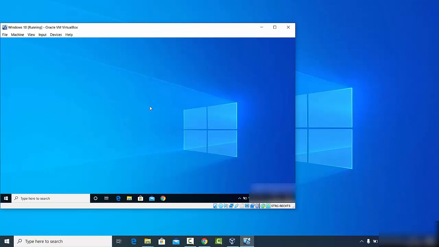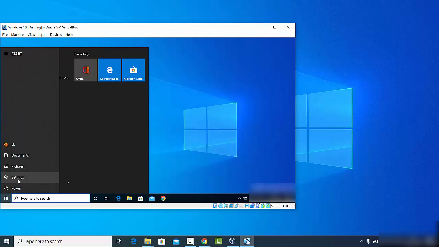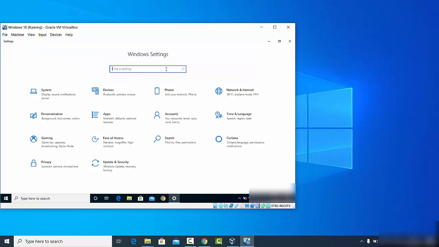Now I'm going to change my firewall settings so that this remote desktop which I want to see remotely has private and public access from other networks. For that I'm going to go to the start button, click on it and go to settings, and once the settings option opens, you just need to search for firewall here. Okay, so just search for firewall. You will also see this option which says allow an app through Windows Firewall. Just click on this option which says allow an app through Windows Firewall,